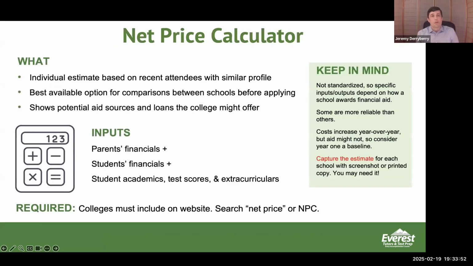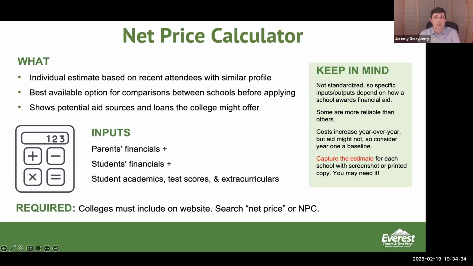What you want to find on every college is the net price calculator. They are required by law to have it on their website. What it is going to do, you're going to plug in your personal information, limited information, because this is really just an estimate for you up front. They're all a little bit different. Having gone through this process a year ago, I can tell you that you might get a very wide range of things that they're going to ask for. And what they're doing is each college has their own metrics that they use to determine student aid, and those things are built into their calculator, hopefully.